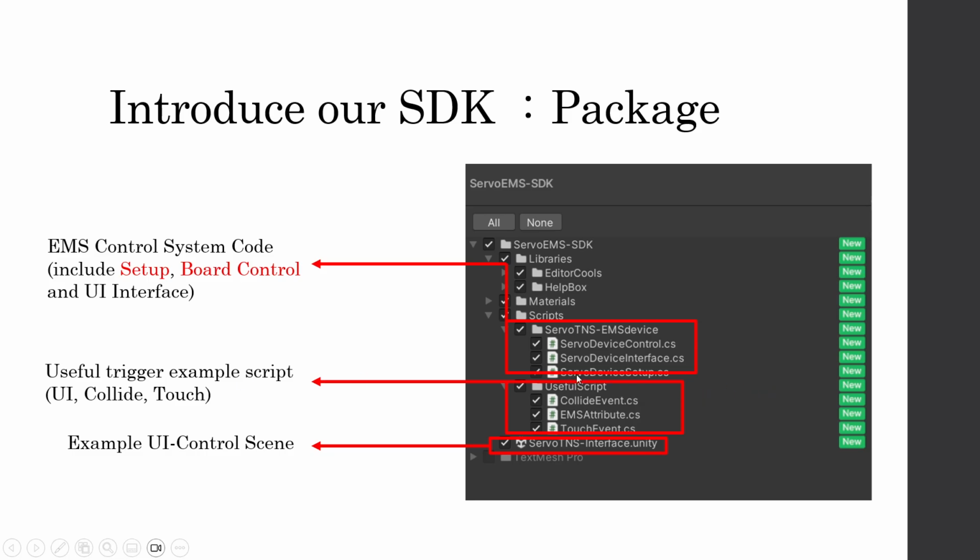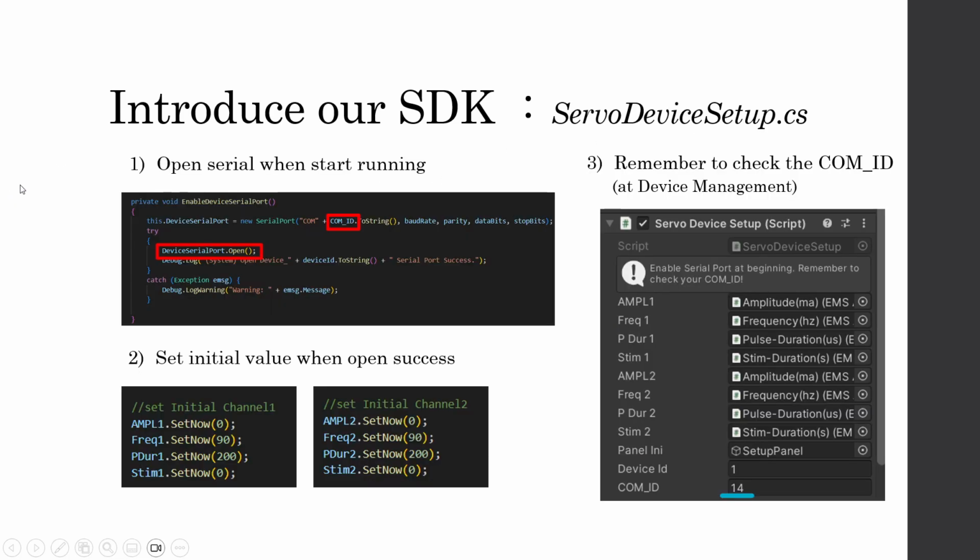Okay, and there is some useful script I created for you to collect touch events and some UI attribute EMS events to trigger the servo device control, to let the servo turn and EMS turn on. Okay, so that's all the package. And I'll introduce our SDK starting from